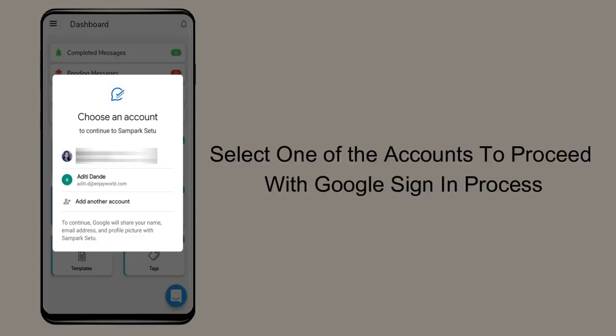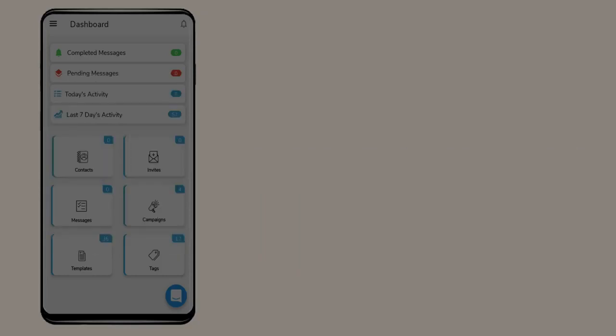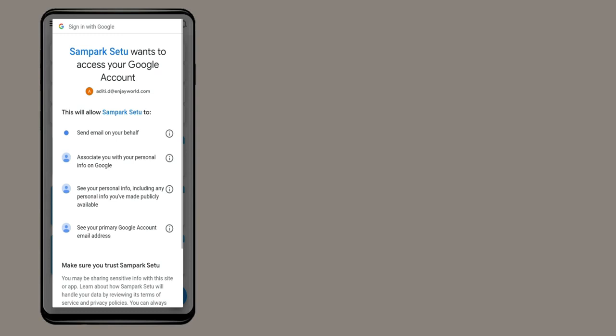one of the accounts present on the screen. Single account selection is necessary to proceed further with the process. So click on whichever account you need to select. After selecting the account, the backend process will start for sign-in and you will get a pop-up once again for permission required regarding the account.